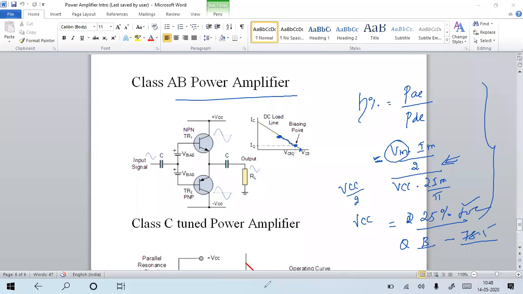The remaining topic we'll discuss in the next class. Almost this module is ending. We will discuss any related problems; I will make a video and send it to you, and in the next class we'll discuss module 4. That is also a feedback amplifier, and half of the module we already discussed in this chapter: feedback amplifier, the 4 topologies, and what the gain of the feedback amplifier is. All those things we discussed very clearly with practical and ideal cases. Half of module 4 is completely related to that. How it will extend the bandwidth, how the frequency response will improve, all those things are in module 4.